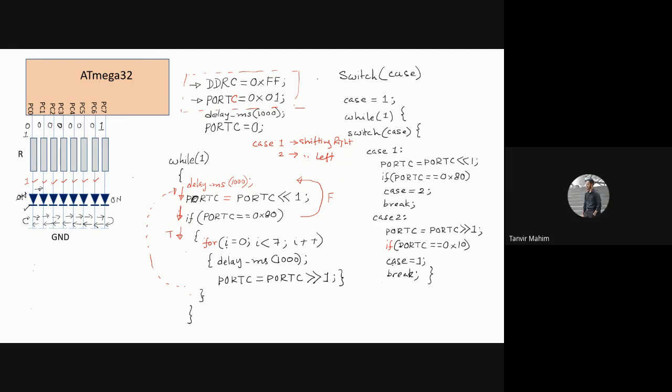এই ক্ষেত্রে কি স্যার ডিলে দেওয়া লাগবে না? Yes. Now delay, where do you put the delay? ওই যে শিফটের পর পর। Delay we put outside. You see that beauty of this one. We just mention delay just one time, right? স্যার এই সুইচ কেসের জিনিসটা স্যার একটু নতুন তো তাই একটু